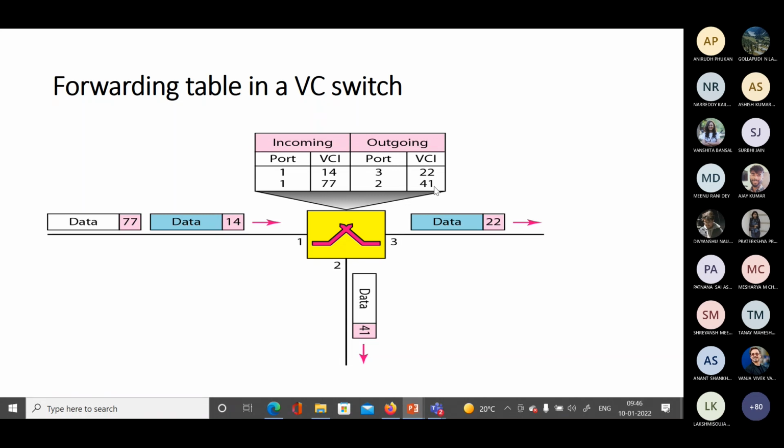So the switch will replace the value 77 in the packet with 41 and then transfer it over link 2. This is the basic concept and this is how the forwarding table works in a VC switch.